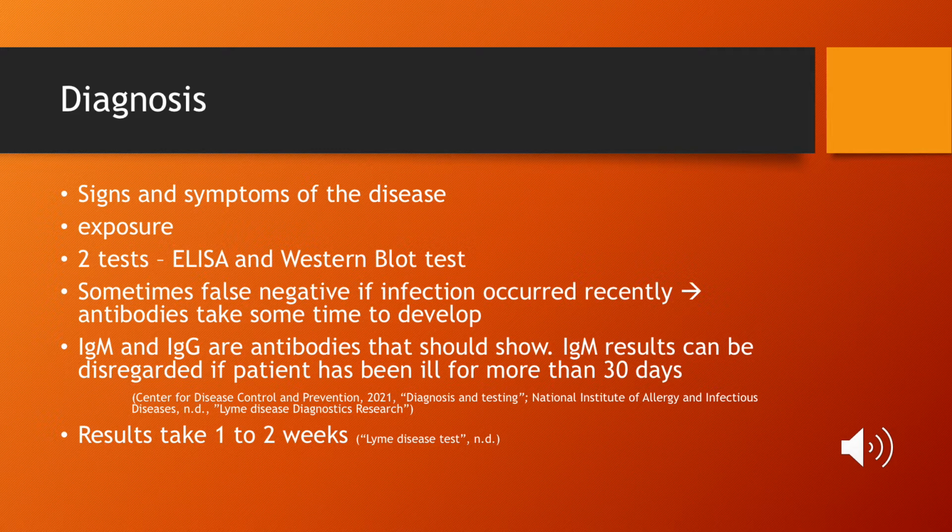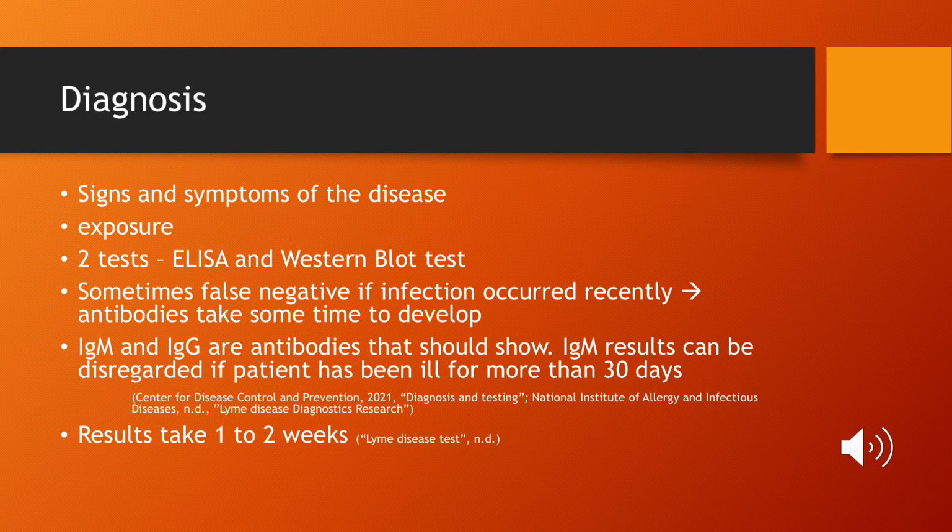that tests specifically for Borrelia burgdorferi. However, if the Western blot test is negative, then ELISA was actually a false positive, which can happen since the ELISA is a very sensitive test and sometimes shows a positive even though the person does not actually have Lyme disease. But there are also false negatives that can sometimes happen, especially if the infection occurred recently, because the antibodies take